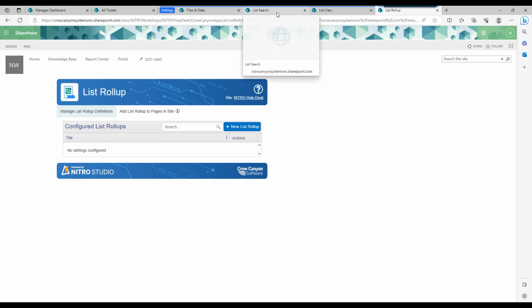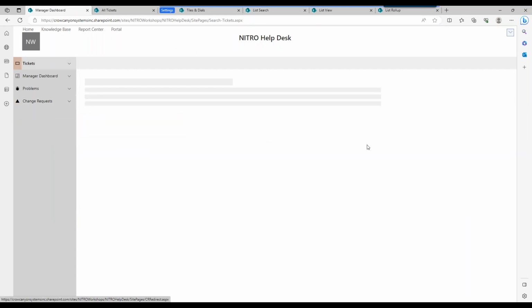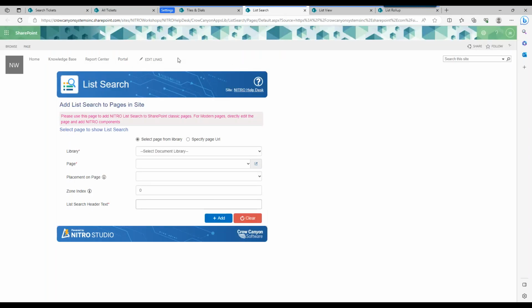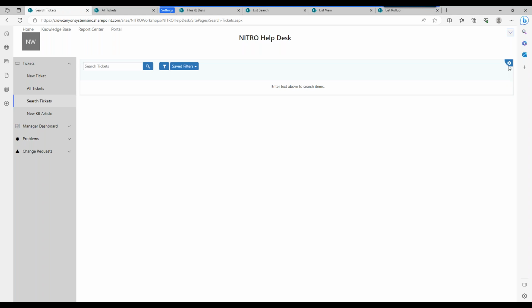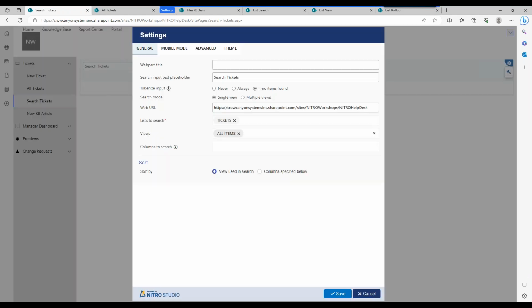Then finally we have, not finally, but there's list search. It's another one I want to highlight. Let's see if there should be a search ticket. There it is. Okay, there's a list search, and all the settings are actually here, and they'll be available for admins and not for users. But the list search web part, if you go through Nitro, it just looks like this. It's just adding it to a page, and that's all the settings you get in there. So all the settings are really over here. And if we open that up,